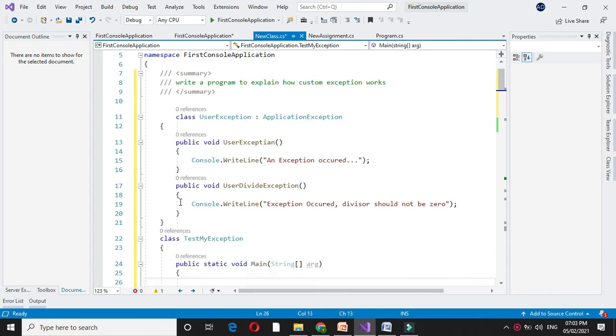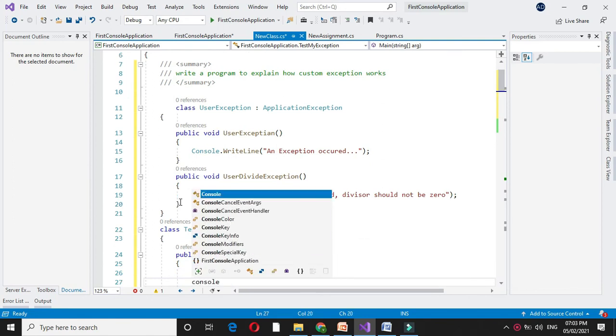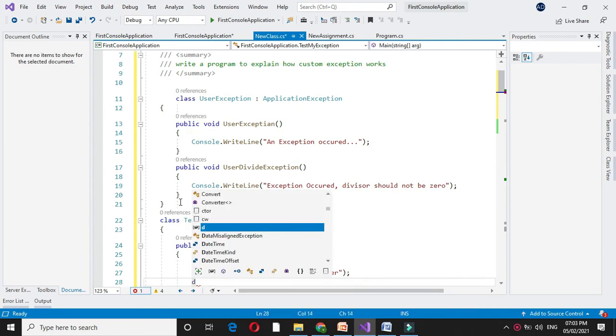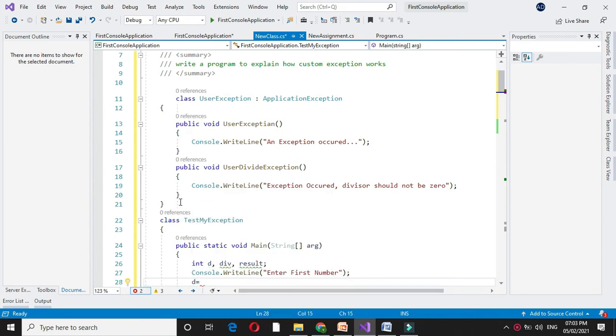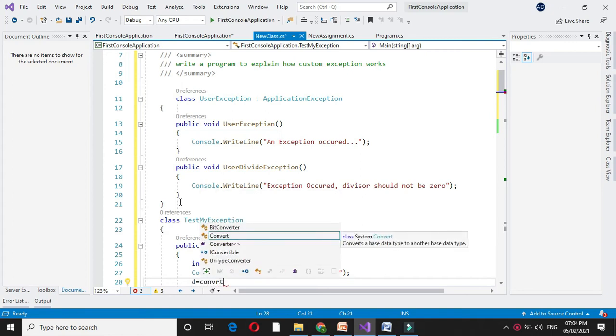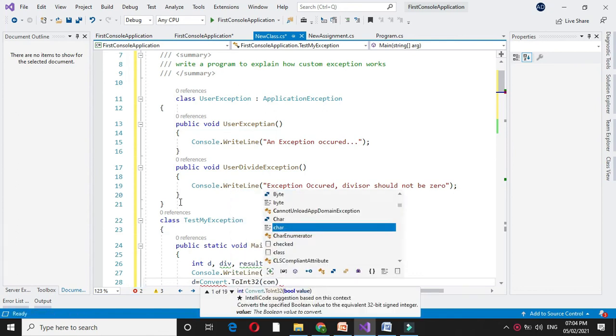Here I will declare 3 variables: d, div and result. Then I will accept 2 numbers from the user. In d, I will accept the first number. I will convert it to Int32 since it is an integer.